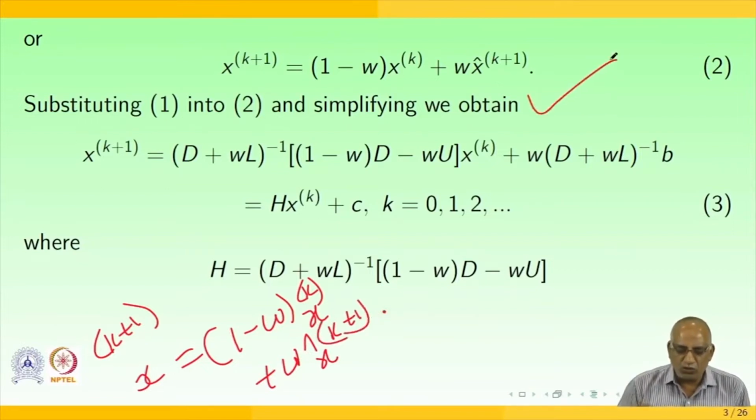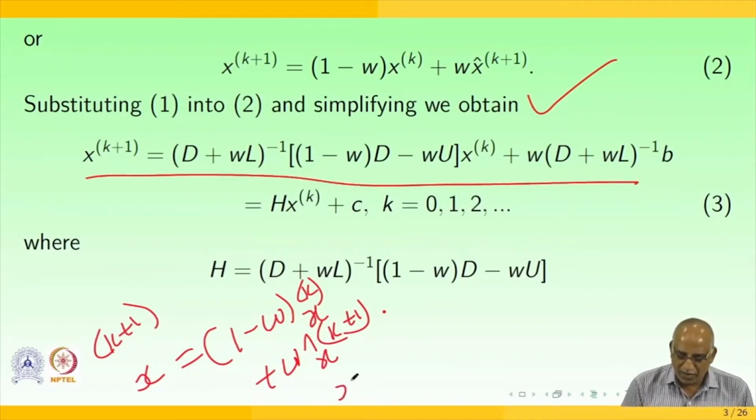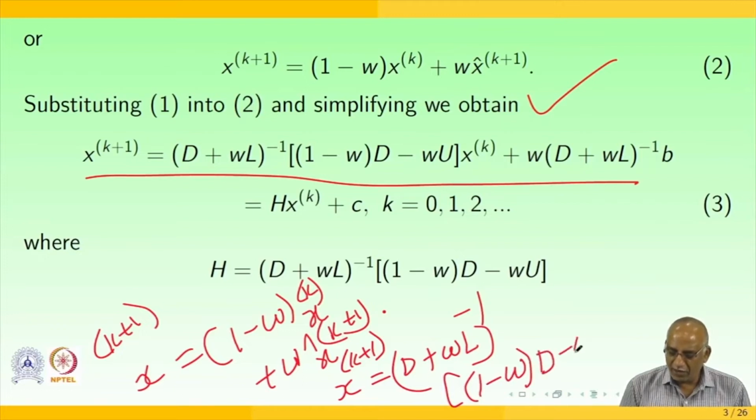Upon simplifying these two, we get x of k plus 1 is equal to D plus wL whole inverse, times 1 minus w times D minus w into U x of k, plus w times D plus wL